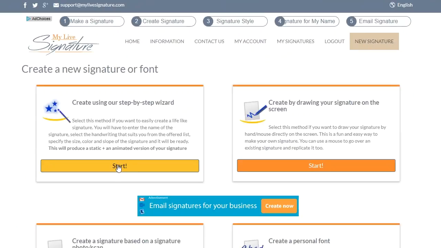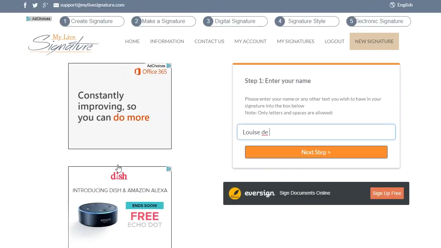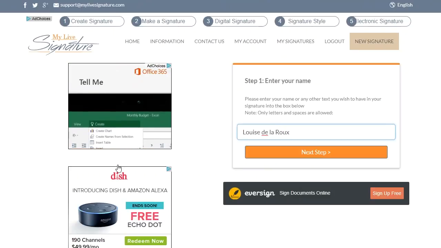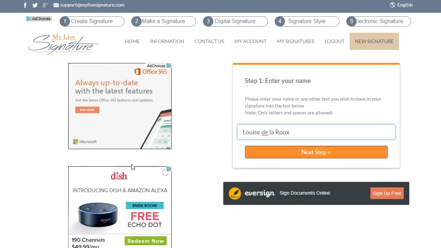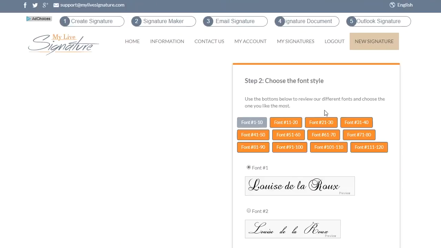So the first thing you're going to choose is your font style. Well, the first thing you're going to choose is your name. So you'll either use your pen name. I'm choosing a kind of slightly fancy name here, just to show you what a different sort of signature might look like. So step one is you enter your name, and step two is actually you choose your